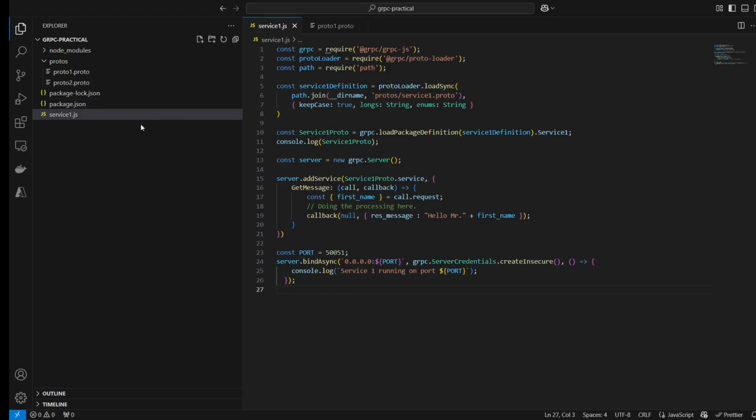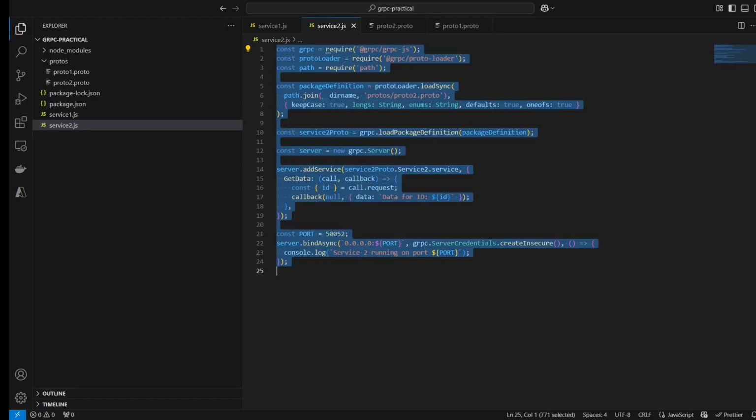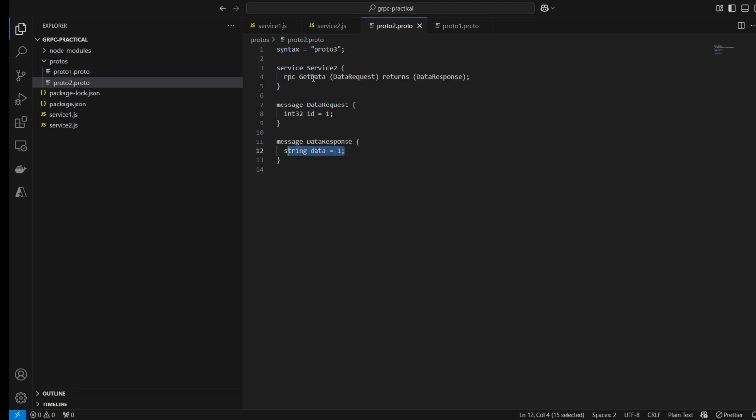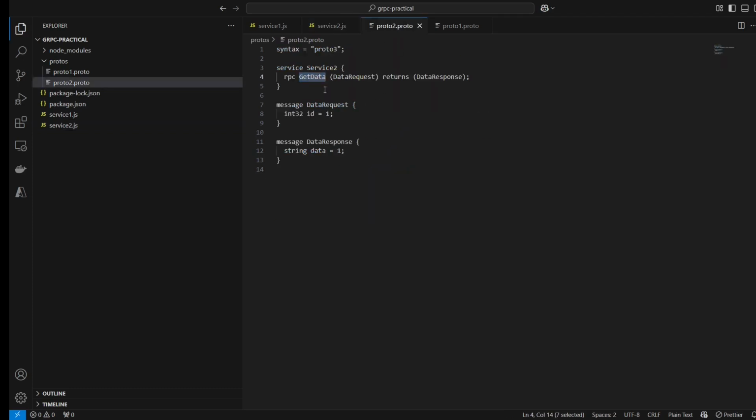We have defined this service, and now we would be defining another service like service2.js, and we would be defining it the same way. We would be utilizing the proto2.proto in this case, and we would be implementing the get method. In the get method we have just got the id from the request, because here we have the data request, and the data request has the id.